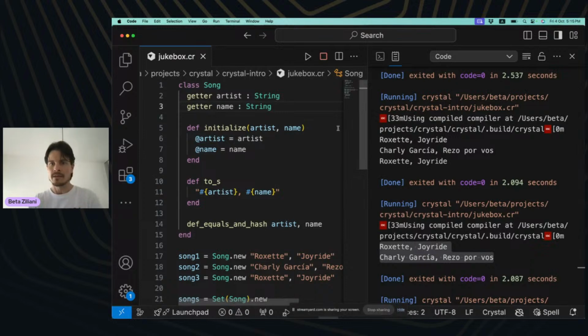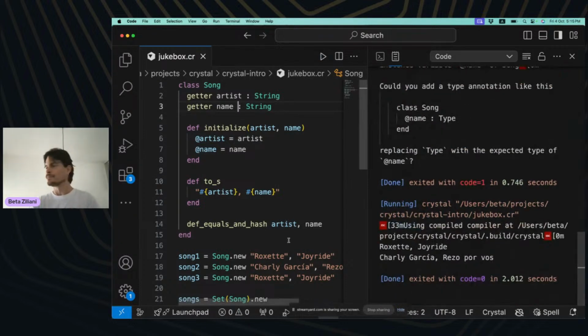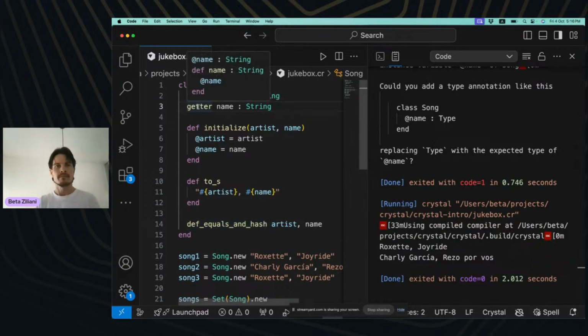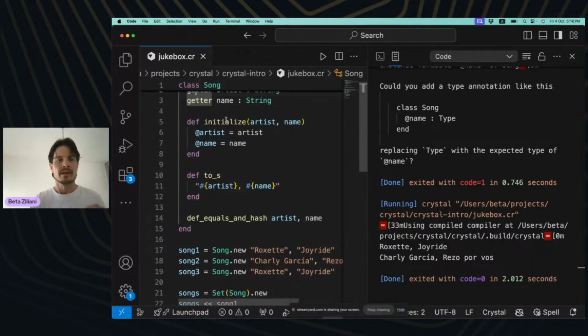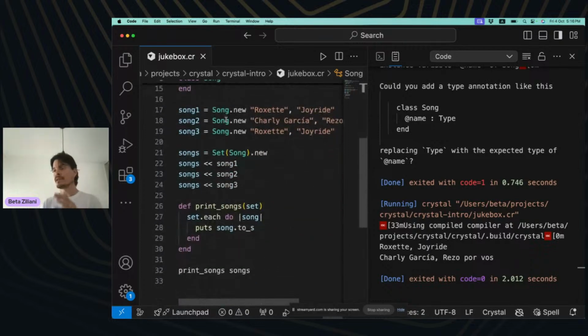And now, boom, it works. Much fewer code, but not less readable. We're saying, okay, we have a getter for artist and a getter for name. All right, this is a bit of a magic that we do with macros. I will explain how that works in a minute.